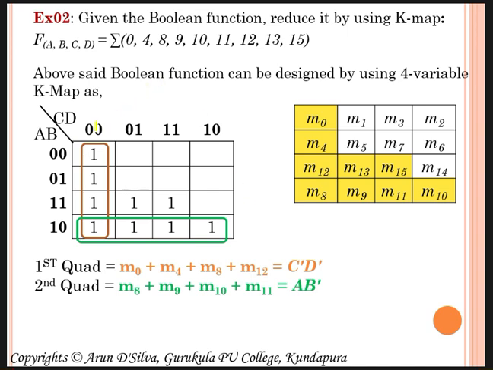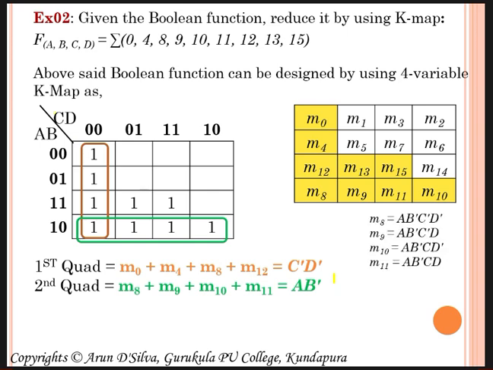But the column, all the four columns it lies. Row wise, if you see, it's only in a single row, but column-wise all the columns are involved. So when all the columns are involved, the C and D state will change, but A and B's state will not change. It remains throughout the row 1 0 itself. So therefore we are taking A and B value as 1 0, so AB dash.